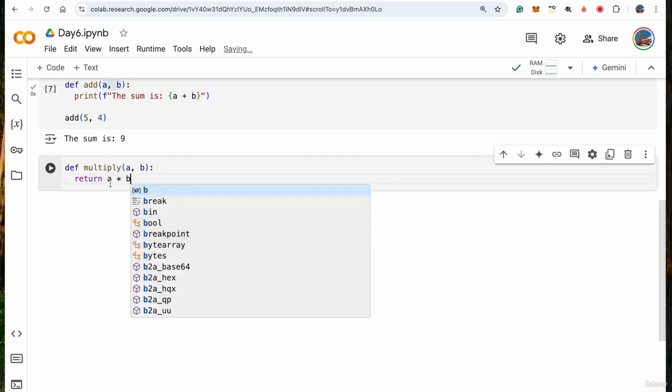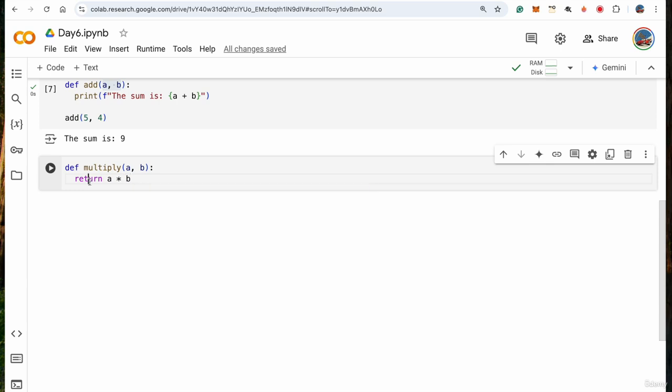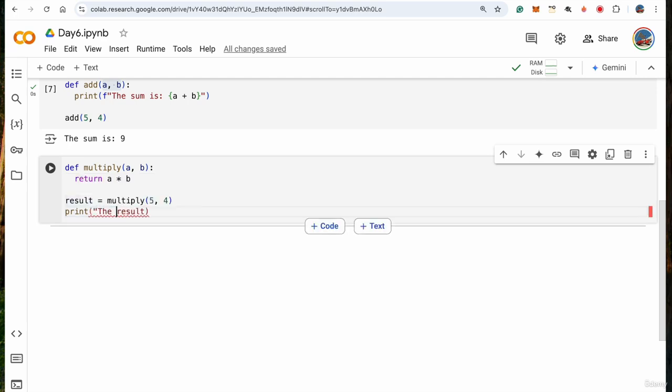What it will do is it will do the multiplication here, and whatever the value is, it will return to whoever called this function. So if I go here and say result equal to multiply, I call that function, give it two values 5 and 4, and then I'll say print. I'll make it a little bit prettier. The result is